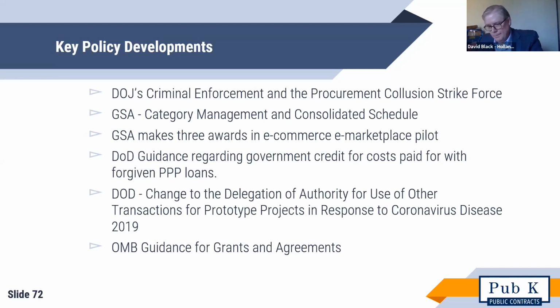For the DOJ, it has a procurement collusion strike force. In the past year, they've gotten organized. They've done several trainings, especially at the state and local level, and there was a report they published saying so, and they have dozens of grand jury investigations. The report did not say they have any convictions yet, but they have grand jury investigations pending. So that is picking up steam.